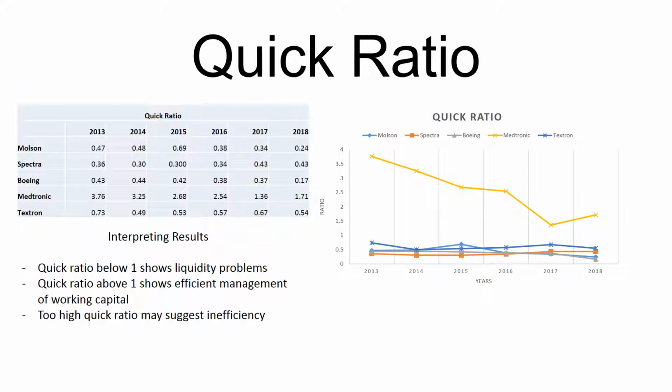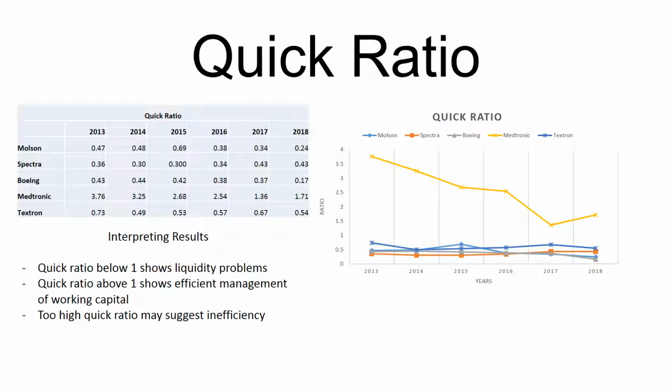Alright, so if we analyze the quick ratio table, we can see that most of these companies had a ratio below 1 for the last 5 years. A quick ratio below 1 usually indicates liquidity problems. So we can see that the only company that really outstood out of all of them was Medtronic. For the last 5 years they had a quick ratio above 1, which pretty much shows efficient